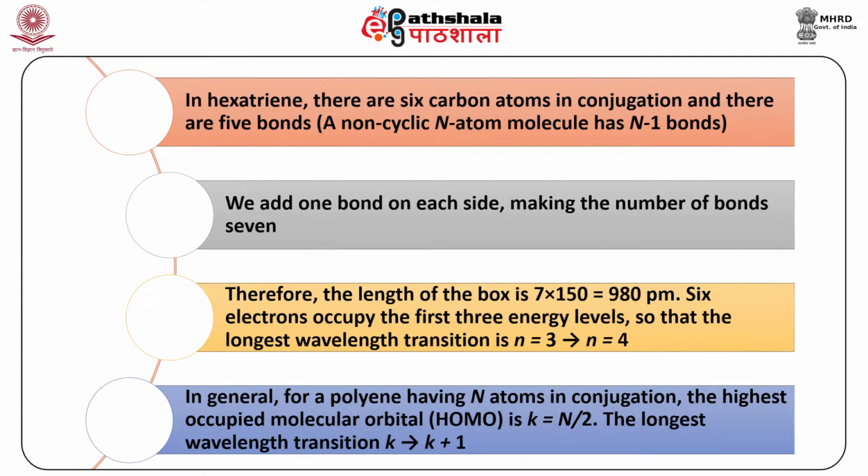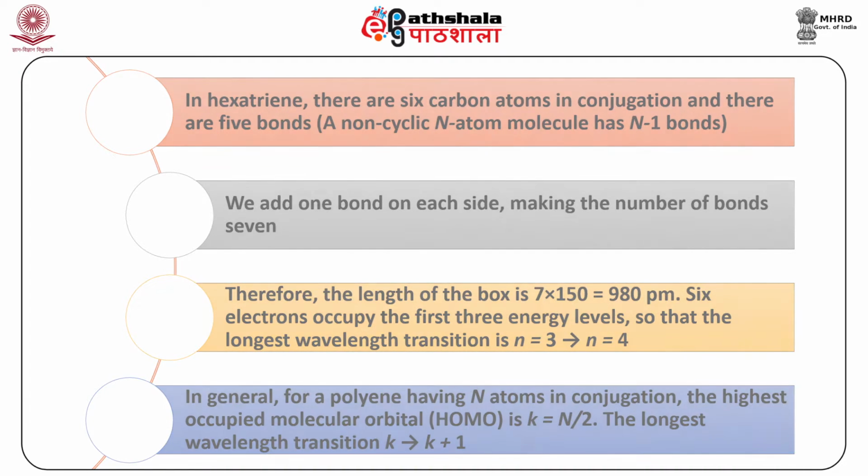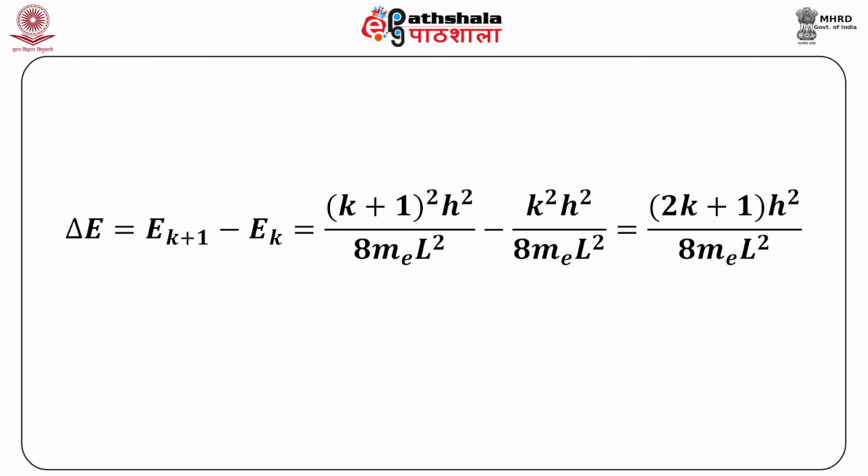In general, for a polyene having n atoms in conjugation, the highest occupied molecular orbital, which is also given a name HOMO, is k is equal to n by 2. Its number is equal to k is equal to n by 2. The longest wavelength transition will be from this level to the next one, that is from k to k plus 1. The difference in energy between the k plus first level and the kth energy level, that means delta E